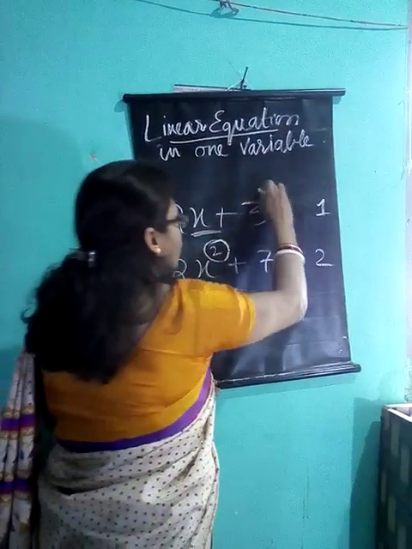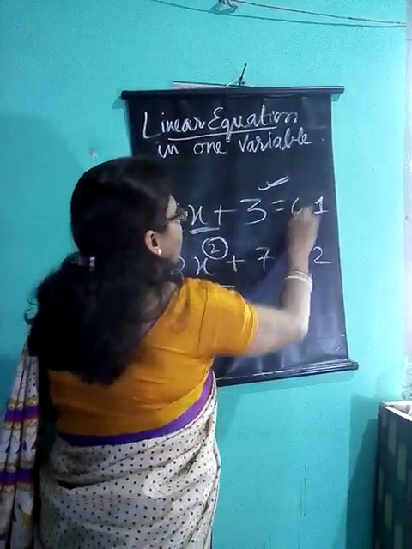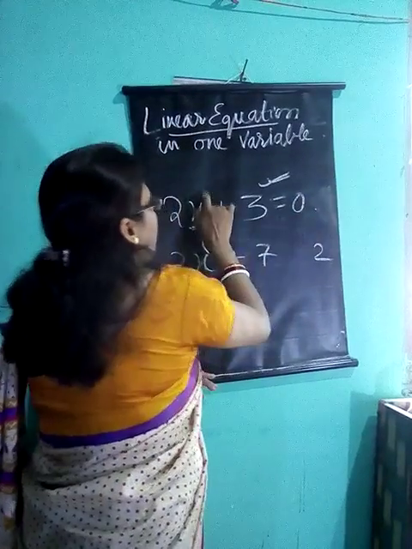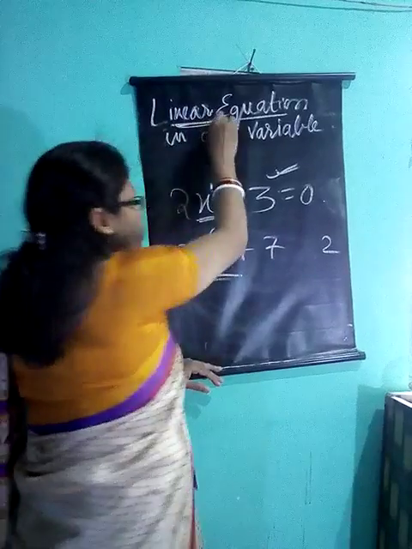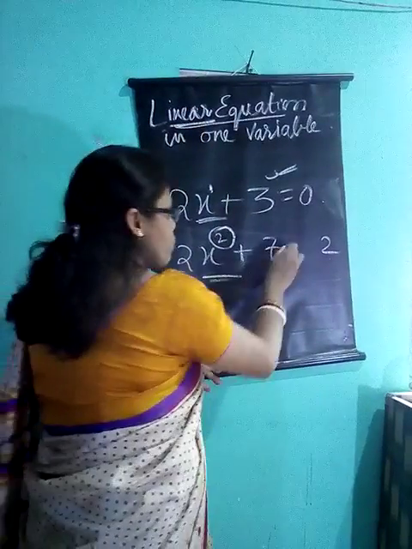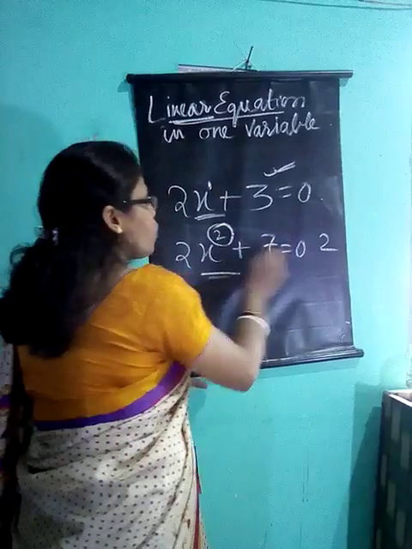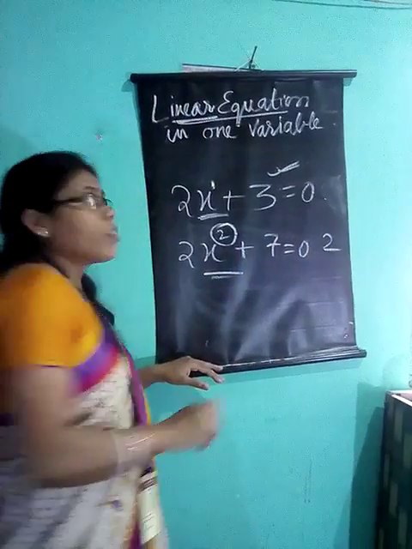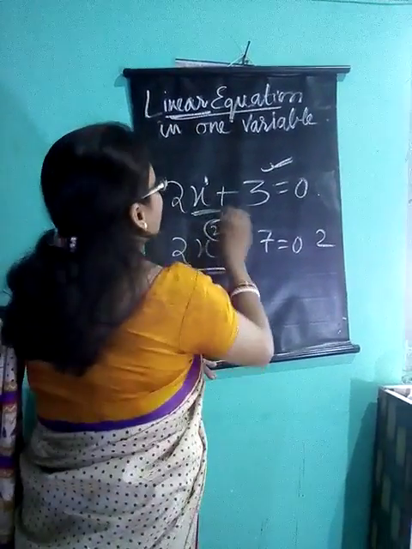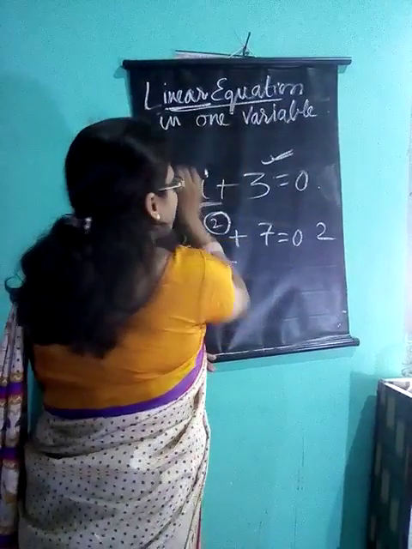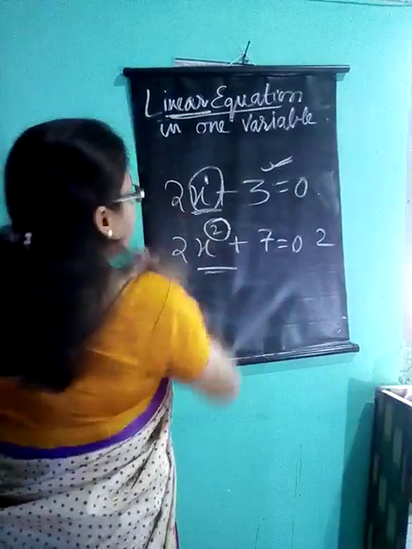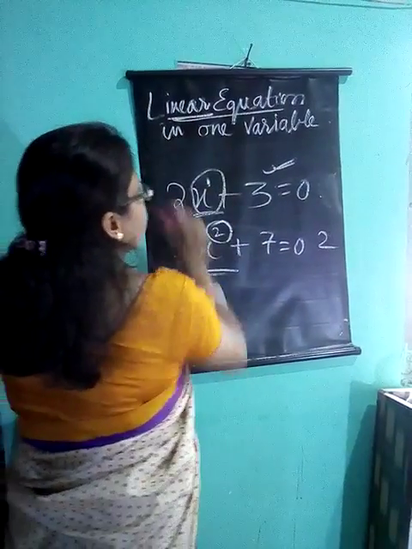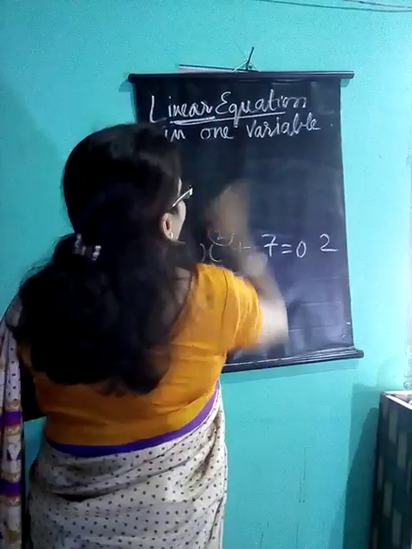Now the equation which has degree 1 is called as linear equation. And the equation which has degree 2 is called as quadratic equation. Now we got the term linear equation. So always in linear equation we should have degree 1. Now linear equation is done.